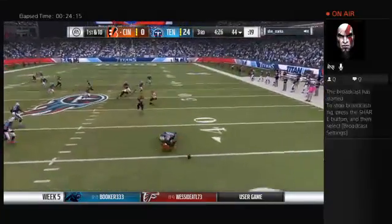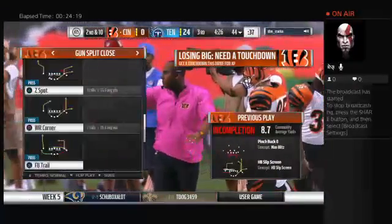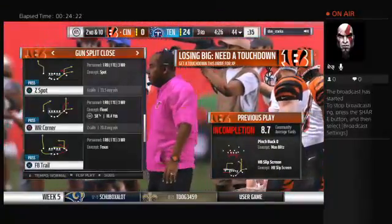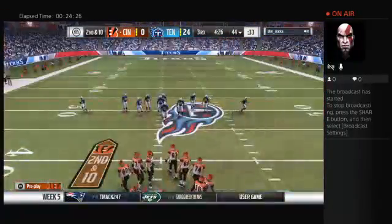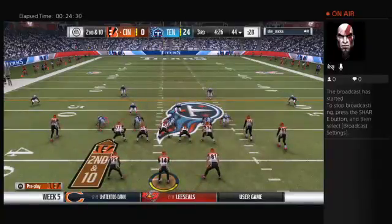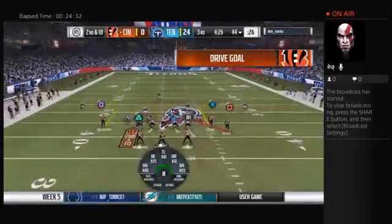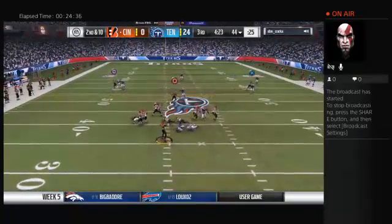Here's Dalton. And it pops free. The collision there. Glad he dropped it. Loose and brings up 2nd down. A lot of teams love to throw screen passes. They want to tire out defenses because they make them run a lot. But there are a lot of moving parts on a play for an offense when they call that one. Because you got the linemen that have to move. You got the wide receivers that have to get out and vacate. You got the running back that's got to make a little...